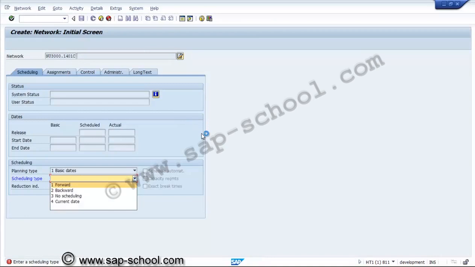We haven't done the scheduling parameter, so at the moment we will give the scheduling type. After that we can change if required, and start date we need to give.